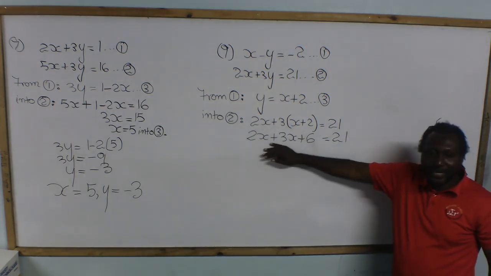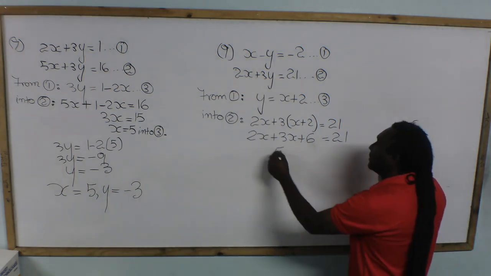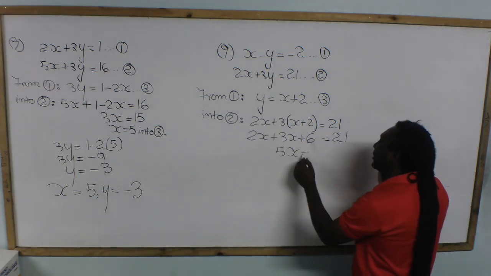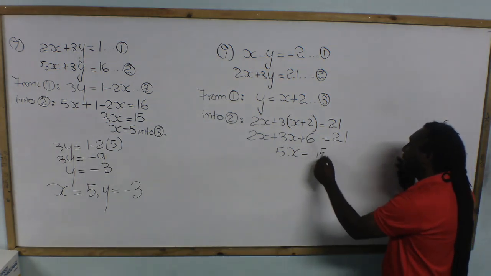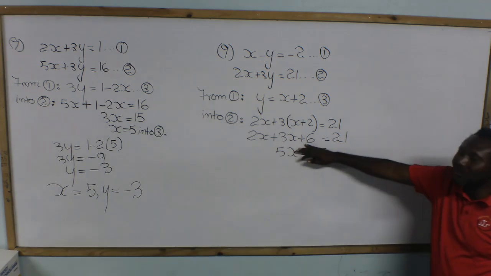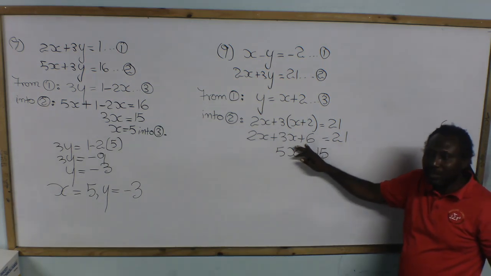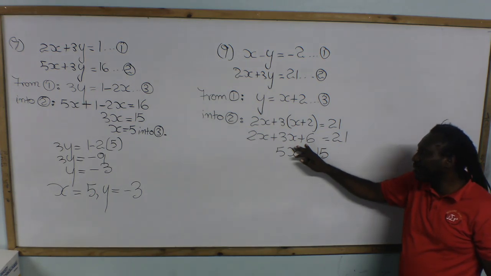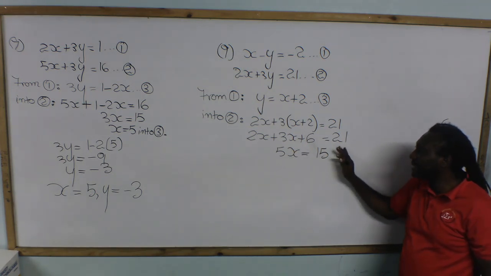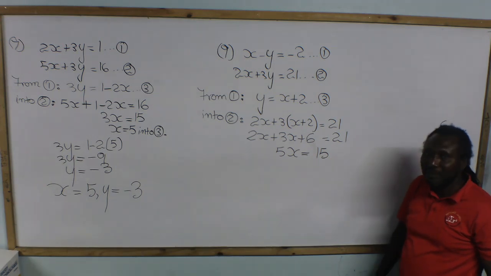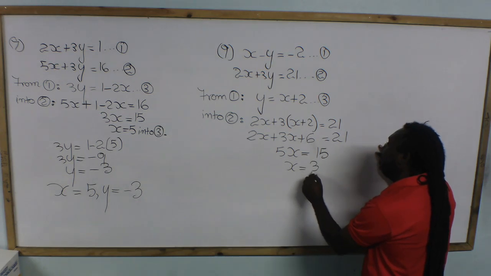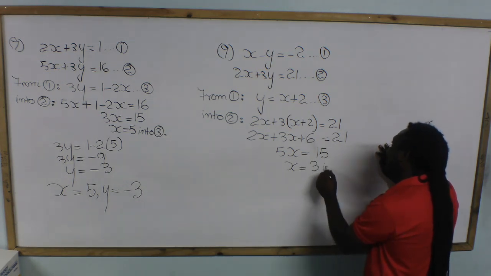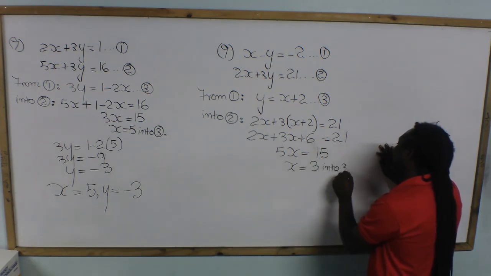And put the x's together, we get 5x is equal to 15. This positive 6 that we have on the left hand side will be eliminated by subtraction. 21 minus 6 is equal to 15. So right there we have x is equal to 3 into equation